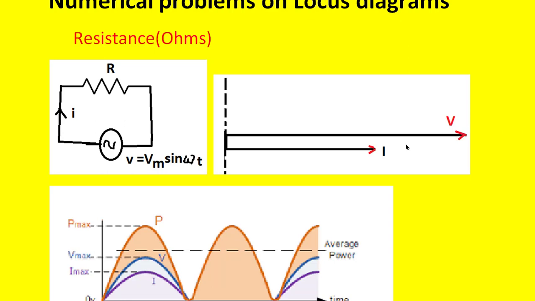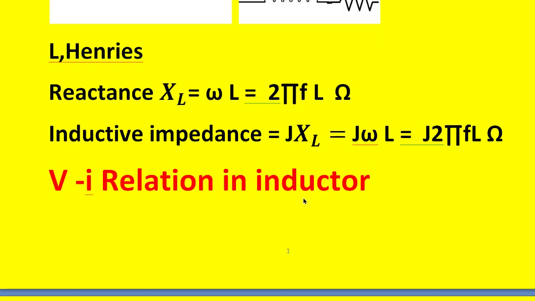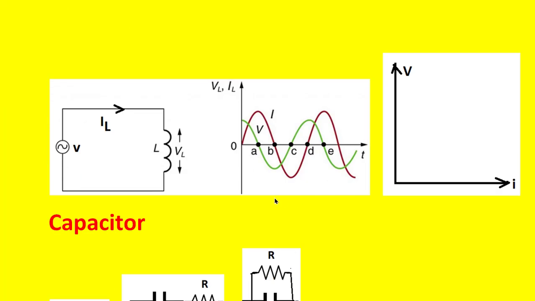This is the voltage vector, this is the current vector which are in phase. Similarly, if you draw the waveforms also we find like this. This is the voltage waveform, this is the current waveform. They are in phase. Similarly, when it comes to the inductor, if we apply the AC supply to the pure inductor, a current will flow like this. Then the voltage across the inductor will lead the current flowing through the inductor by 90 degrees like this.